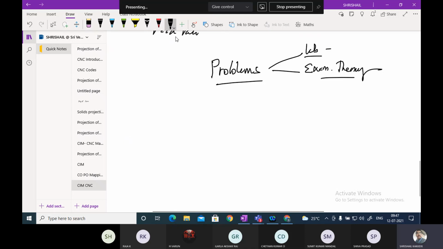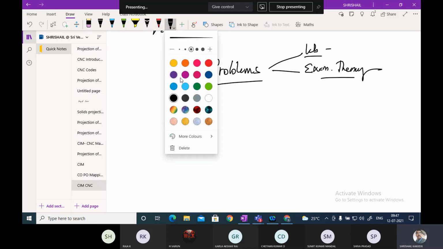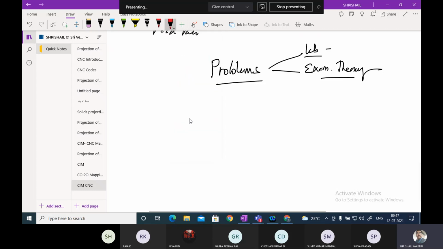First, before you get into doing the program, one has to understand what is the figure given to you. You have to understand this figure. Simply if I tell you to do the program, no one can do the program. They have to understand the figure given. Based on the given figure, one has to do the program.